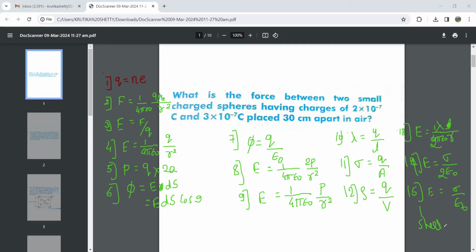and the one above is for the plane sheet. Okay, so copy down all these 15 formulas. I'll give you 2 minutes. So copy down, then we